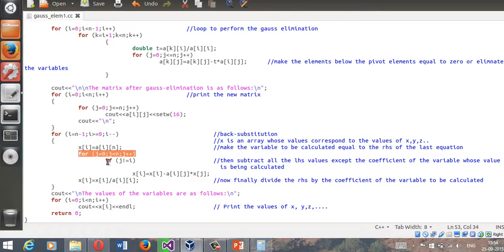And if j is not equal to i, that's pretty basic, then subtract aij into xj from xi, because xi was